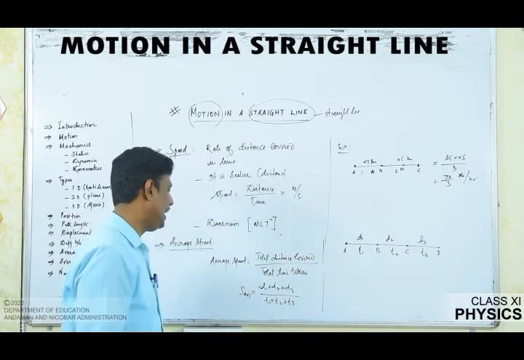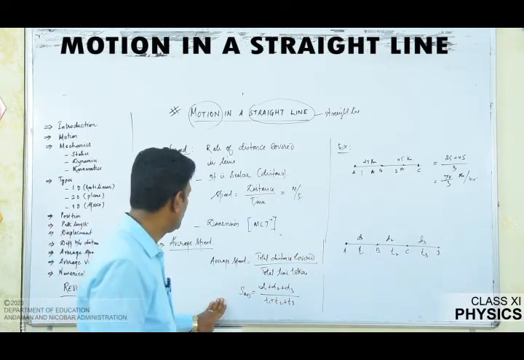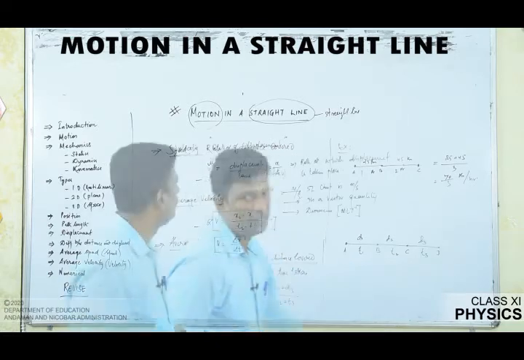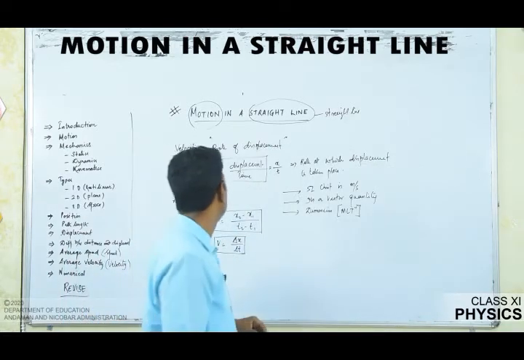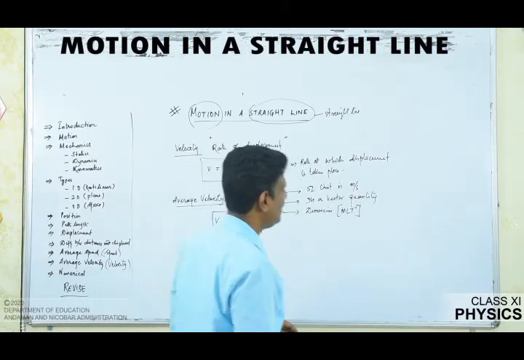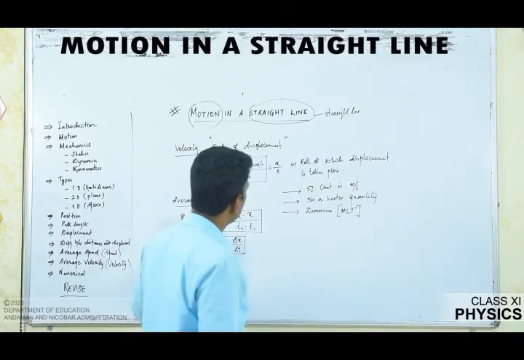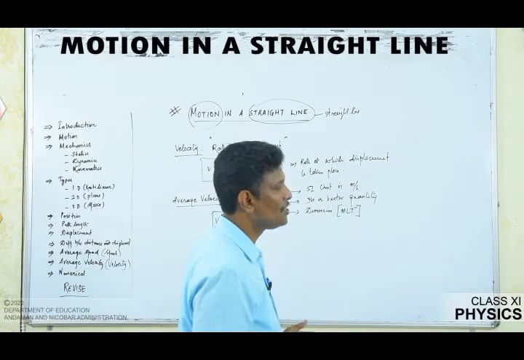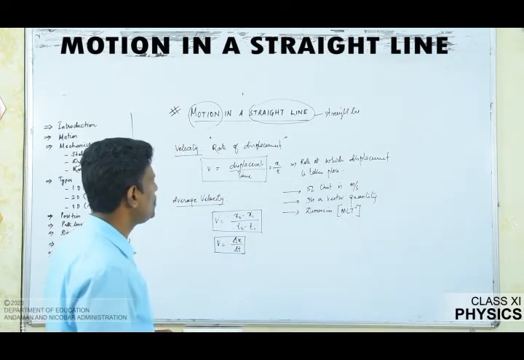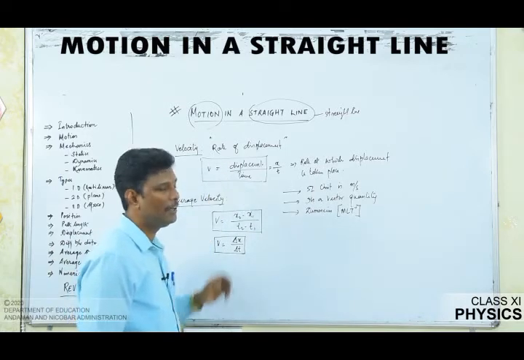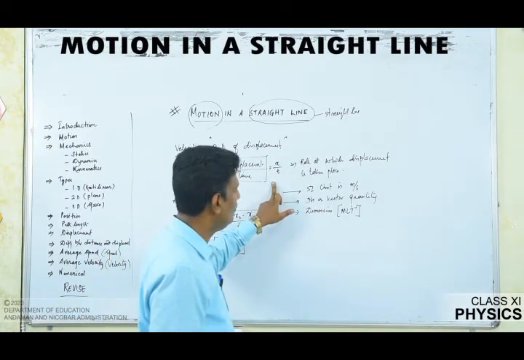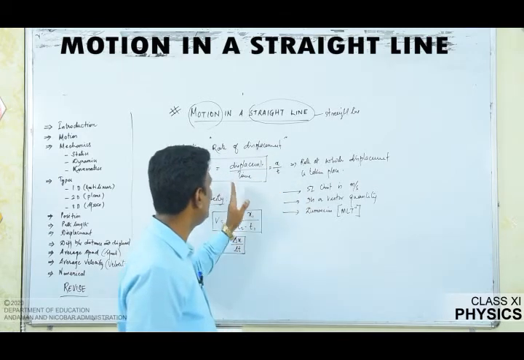That gives the average speed of the object from moving from A to D. Next is velocity. Velocity describes the rate of displacement, or we can say the rate at which the displacement takes place. The formula is V is equal to displacement by time, that is x by t, where x is the displacement and t is the time